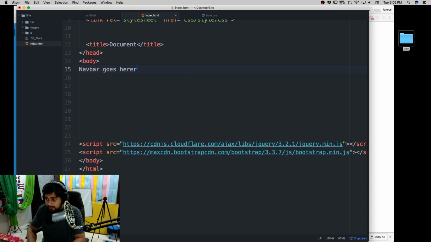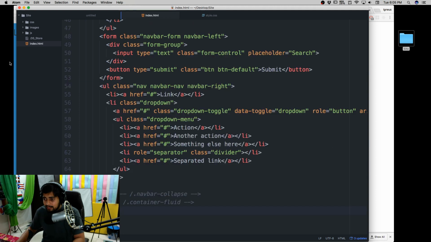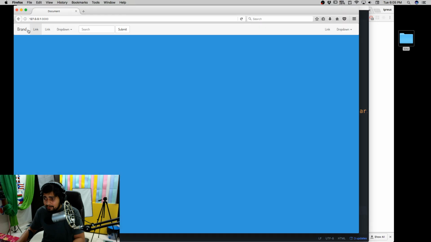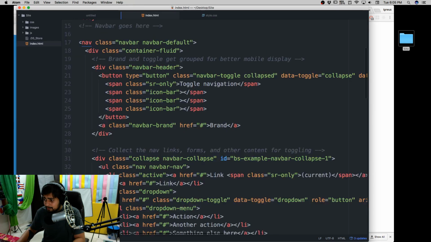And again, I'll use Command slash to quickly comment. I never write manual comments. And paste that, save that, and we should expect a navigation bar with nice colors and nice fonts there. Okay, that is one good thing. But we don't need this kind of navigation bar. We need to edit it a little bit. Let's quickly do that. It's pretty easy.